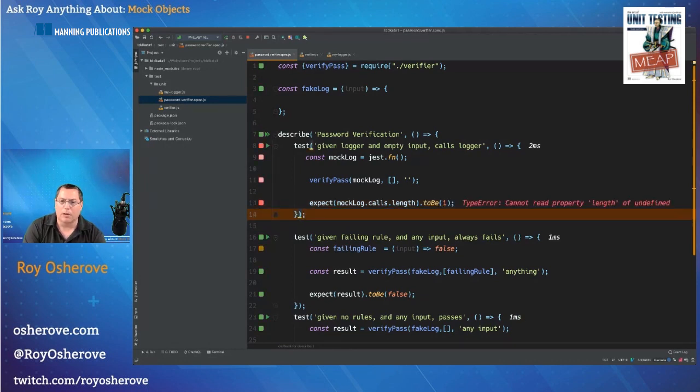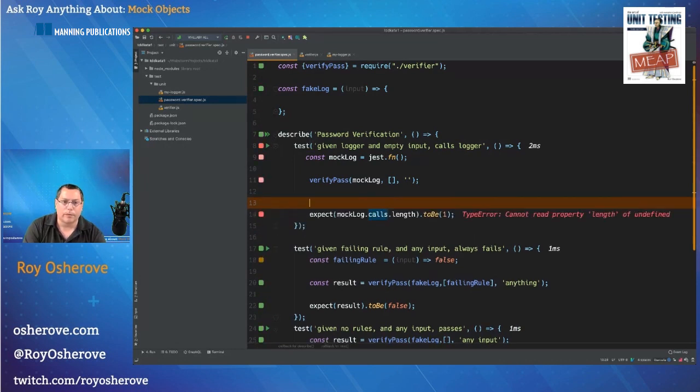So no, not length. Was it mockLog dot calls? Let me just find the syntax for a second. I have that here. Where is it? Oh yeah, of course. Sorry about that.